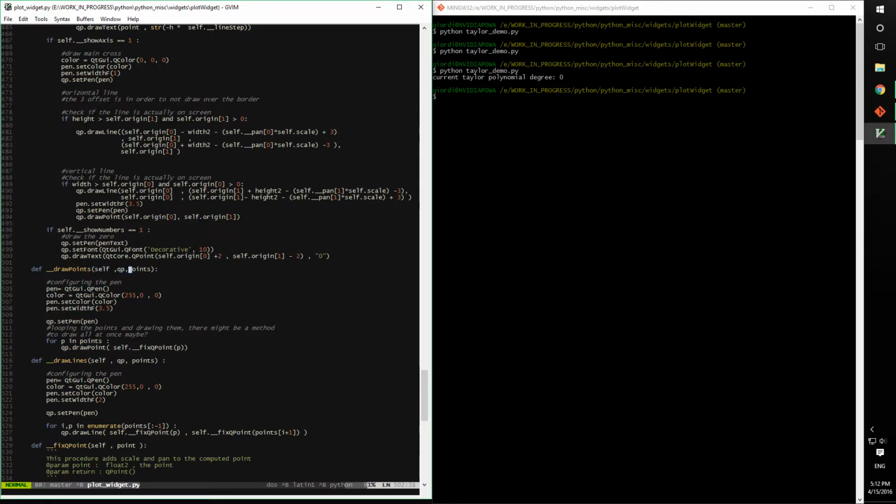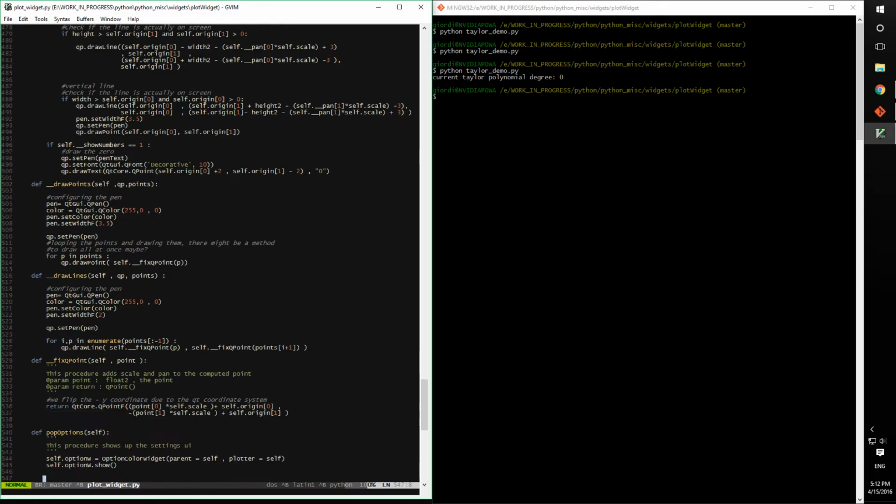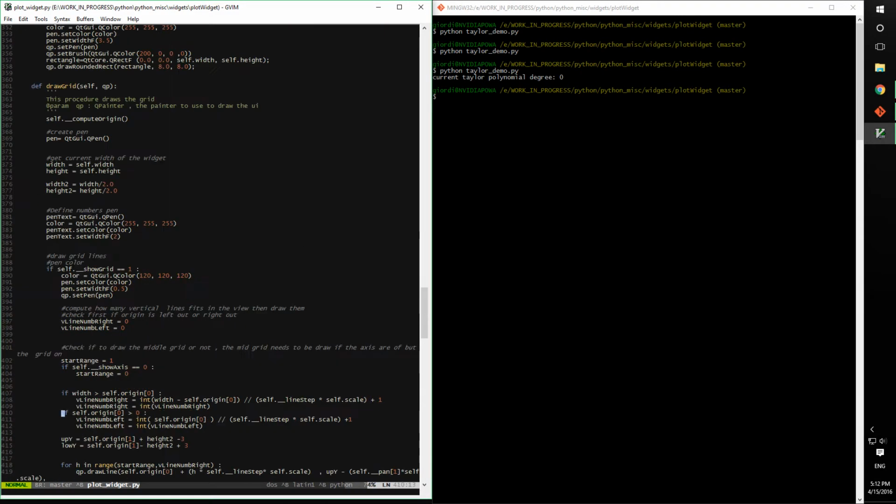That's the painter that Qt provides. I'm just calling the draw point method. Super simple. And draw lines is one less point, because I'm drawing lines that are sets of 2. So super simple. If we look at the draw, which I forgot already how it's called,